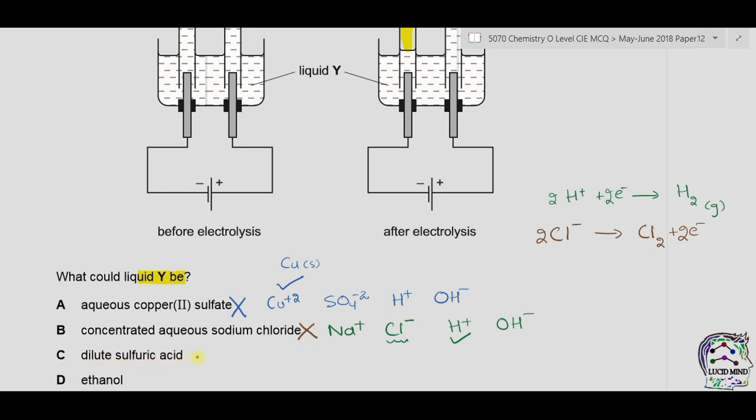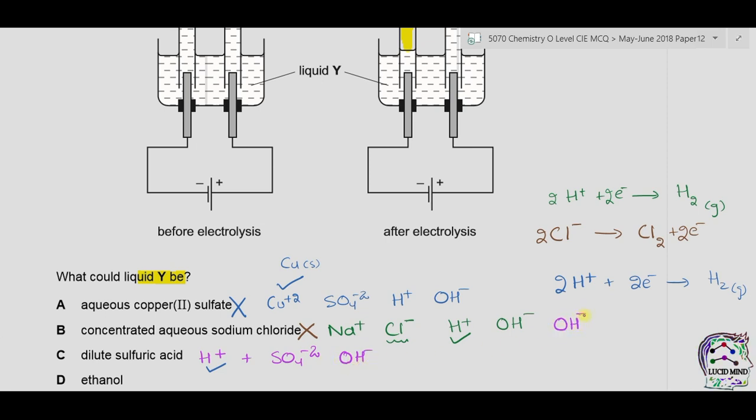In part C we have dilute sulfuric acid, so we have H+ ions from sulfuric acid and H+ ions from water. We also have sulfate ions from sulfuric acid and OH- ions from water. As we have only H+ as cation, so cation will move towards cathode to form hydrogen gas. It will gain electrons to form H2. Among anions, we know that sulfate ions are not discharged, only hydroxide ions are discharged, so the equation will be